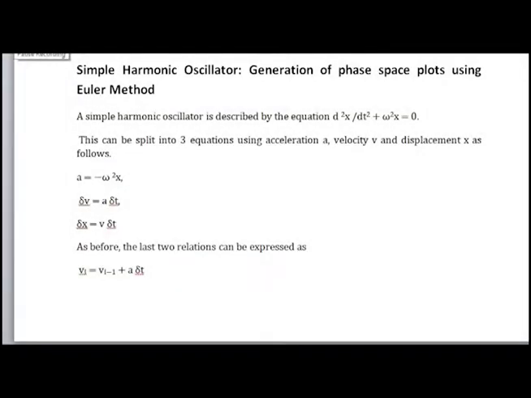So, welcome back again. In this class, we are going to discuss one of the basic problems of physics, that is the simple harmonic oscillator problem, generation of phase space plot using the Euler method. The Euler method is used for solving differential equations, and we are going to solve the harmonic oscillator problem, which is actually a second order differential equation, using one of the numerical methods, known as the Euler method, and we are trying to generate the phase space plot of